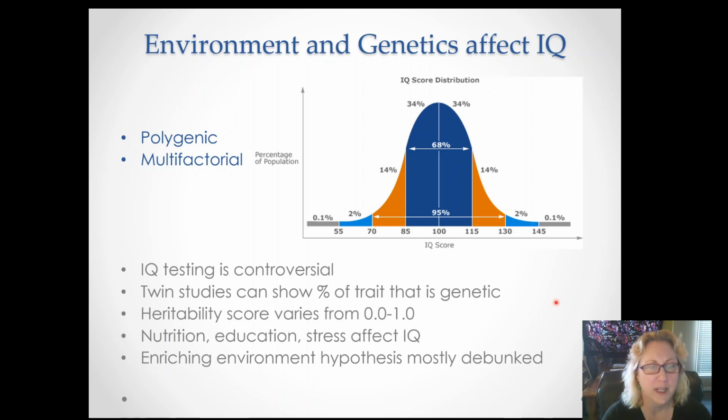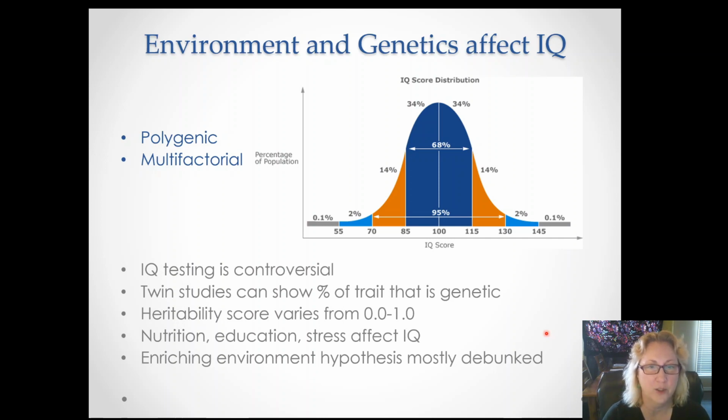But however you're testing it, because we do get a bell curve of distribution for whatever scores you're getting, that indicates that it is most likely polygenic. And the fact that it changes with changing environments indicates that it's also multifactorial, meaning that there's an environment and a